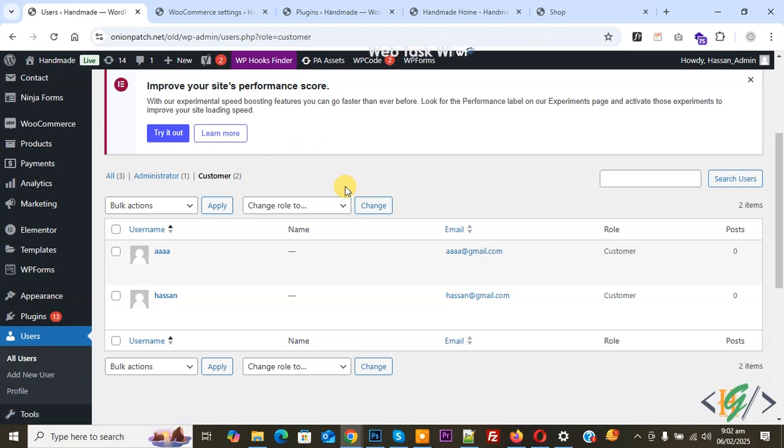Bismillahirrahmanirrahim. Assalamu alaikum. My name is Hassan, and today we are going to change WooCommerce registration user default role in